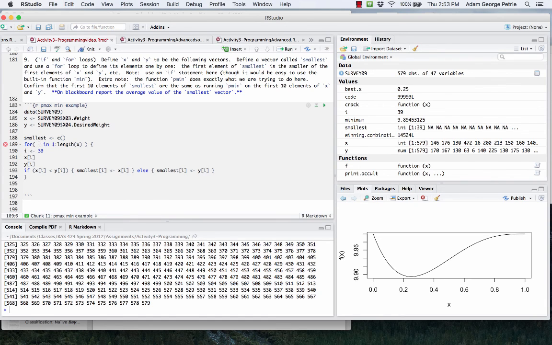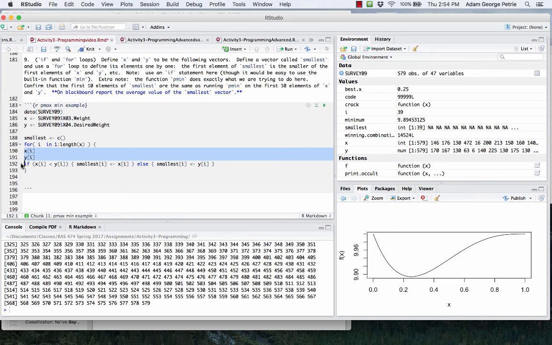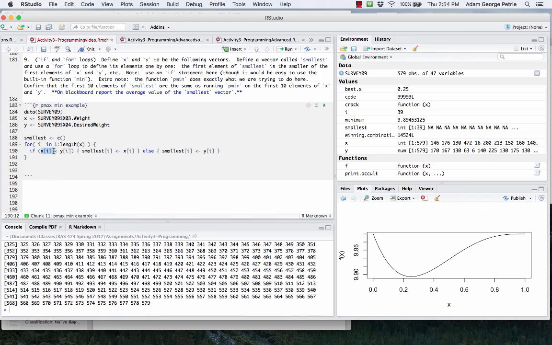All right, so do I need i left arrow anything? No, because the for loop's going to automatically left arrow i to be a value in the sequence as we move through the for loop. I don't need to print out either of these two to the screen. Basically, all I need is this line of code. If the ith element of x is smaller than the ith element of y, the ith element of smallest is going to be xi here, the smaller of the two values. Otherwise, it's going to be yi, the smaller of the two values. So,